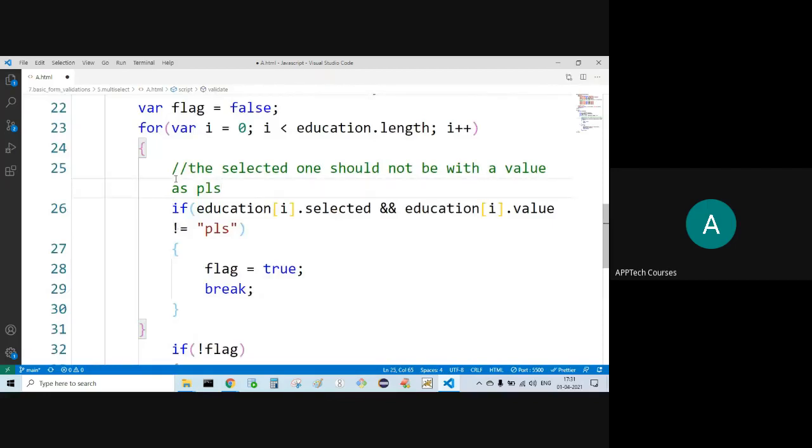Assume whatever I have selected includes PLS as well as another option. Multi-select mode. I can select multiple options. PLS as well as some other option.